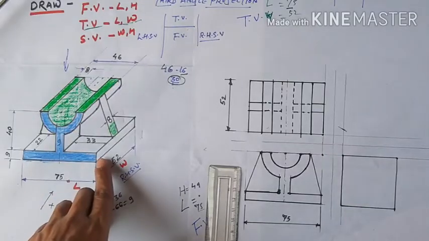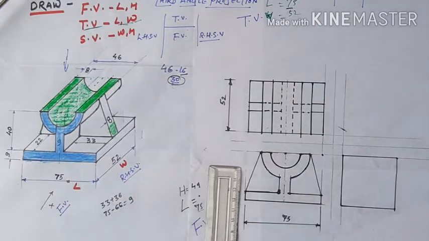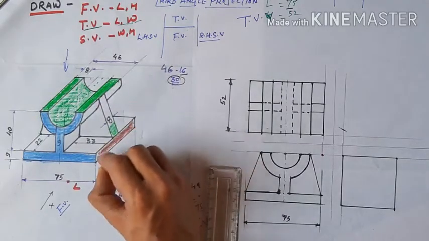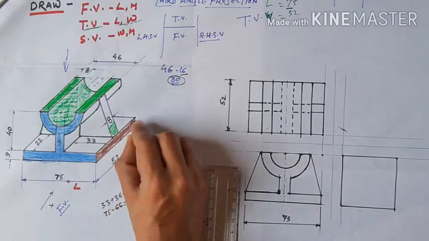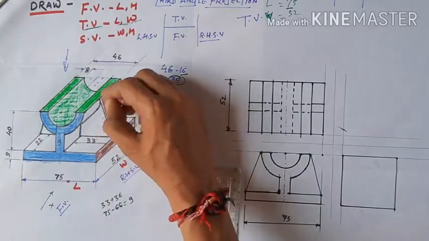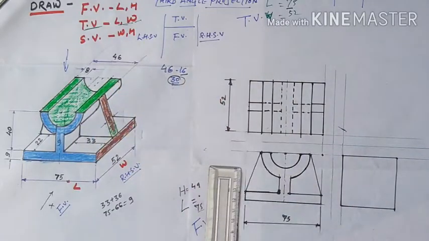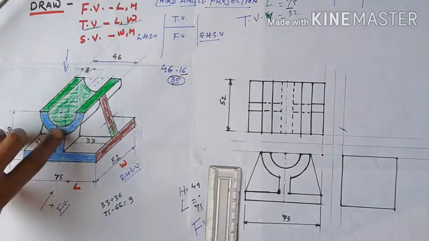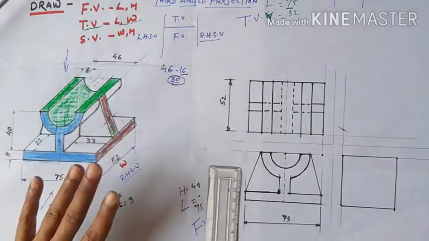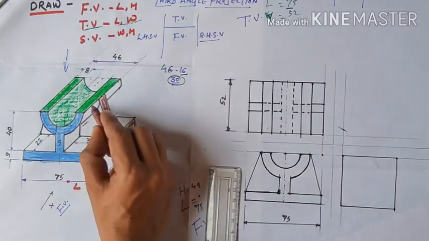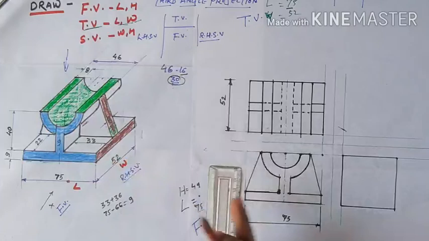So what we see from the side view, so this line, okay, one second, I show you this. And this object of 8 mm thickness is clearly seen. But this portion is not seen, so this was hidden. But this is a small line, these are always seen. So try to draw it.